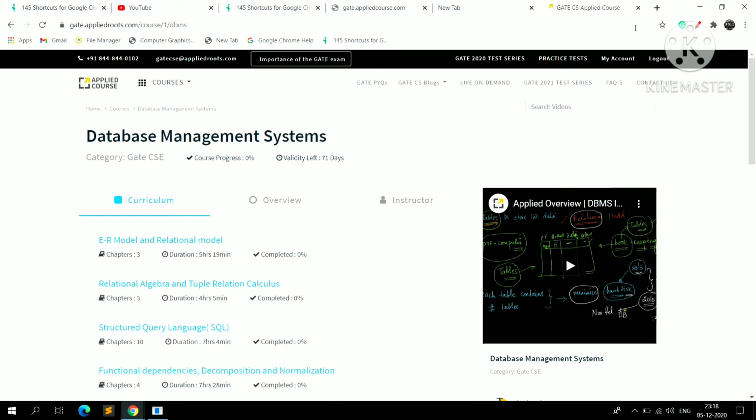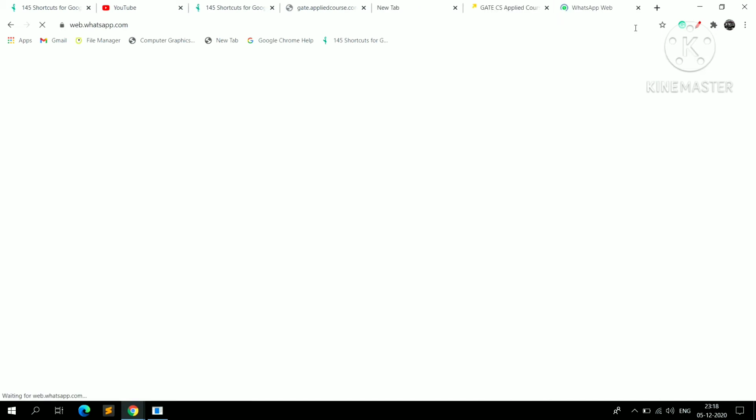Just press Control plus Shift plus T and your closed tab opens.